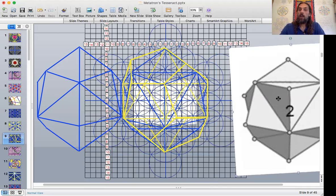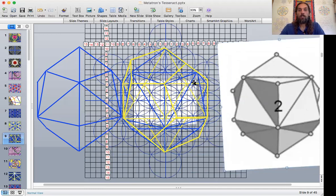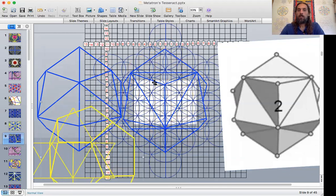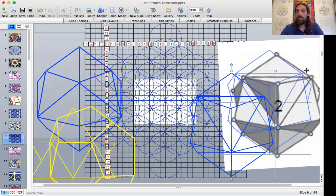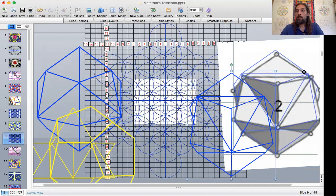Okay, and I really agonized over figuring out how to make this as accurate as possible, because there is no guidebook of how to draw these this way. And I found this amazing drawing. I didn't do that one, and I'll show you the source of where that came from, and it just blew me away, because this shape is going to be, and is now becoming, a very important